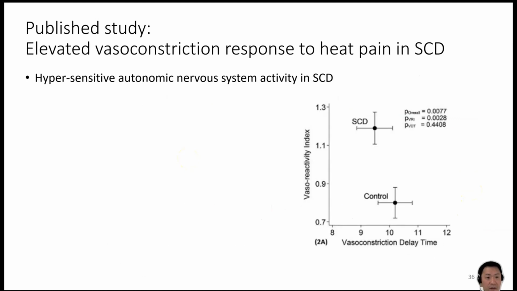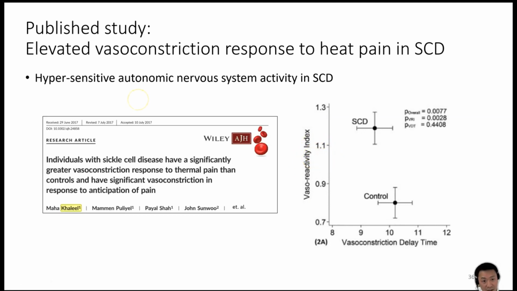Using this same method, in one of the published studies, we found elevated vasoconstriction responses to heat pain in sickle cell disease. The conclusion was that in sickle cell disease, the vasoconstriction delay time was shorter than control, although the difference was not so significant. But the vasoreactivity index, which I didn't cover exactly, requires you to first find the best correlation, the best alignment, and then you get this reactivity index, which is indicative of a very sensitive autonomic nervous system they have. So you can look up here,